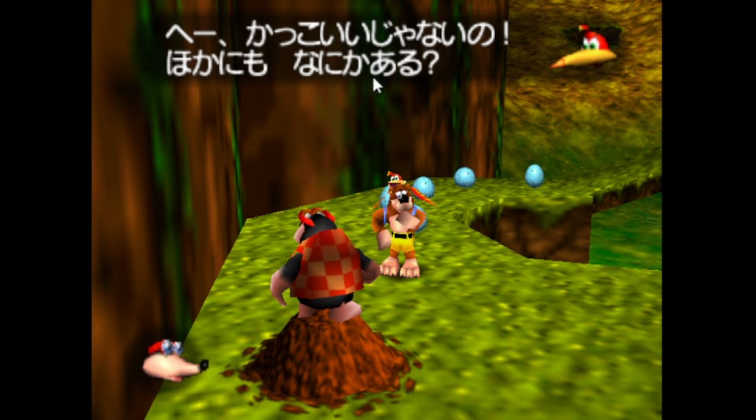他にも何かある? 他にも, that means like other. And this is something that happens with other or else, other things: you tend to use ni, and you also tend to use mo with it. So you do tend to see hoka ni mo used quite a lot. So it's like also other things, and I don't know why ni's really used.